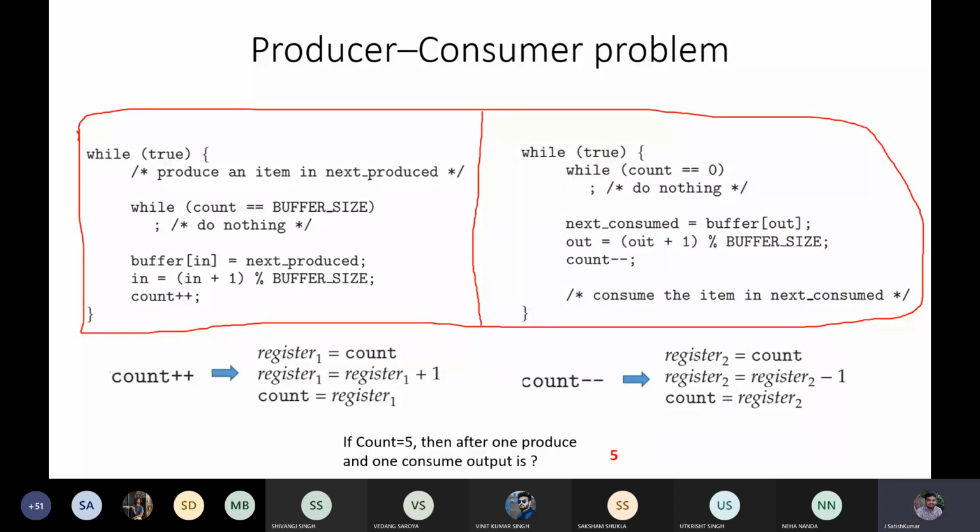Now let us assume that count is equal to 5. What happens when one count plus plus happens, and what happens when one count minus minus happens? What is the value of count after count plus plus and count minus minus? After one item is produced and one is consumed, suppose count is equal to 5, this count plus plus will become,